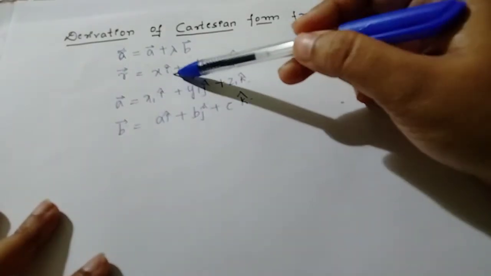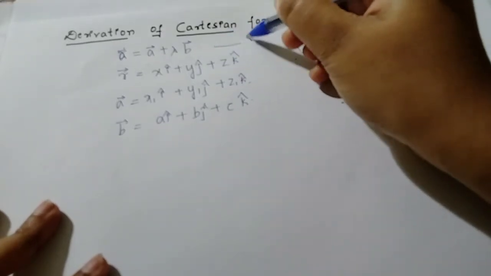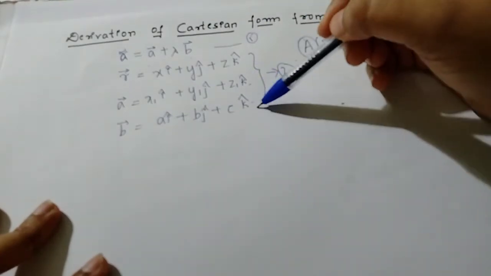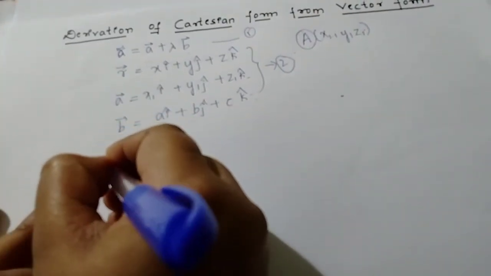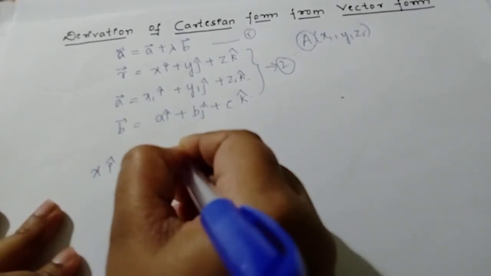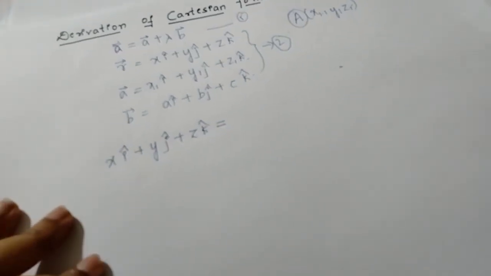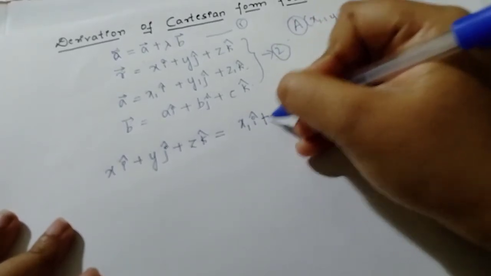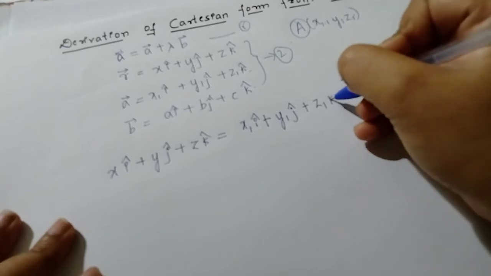I have to substitute r, a, b values in this equation. Call this equation number 1. All these three together, 2. Substituting 2 in 1. So r is equal to xi plus yj plus zk, is equal to, then a value. What is a value? x1i plus y1j plus z1k